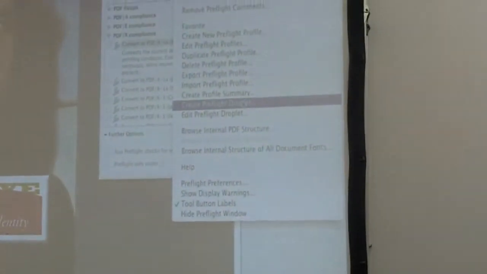Now, each one of those pre-flight options here can also be converted into something called a droplet. So if you do this over and over and over again, you don't want to have to fire up Acrobat, find the preset, run it on the document. What you'd really like to be able to do is just lob it onto something on your desktop and have it do the checking for you. So within here, we can go in and under the options, you can actually say here, create a pre-flight droplet. And this basically creates a little executable file with pointers to